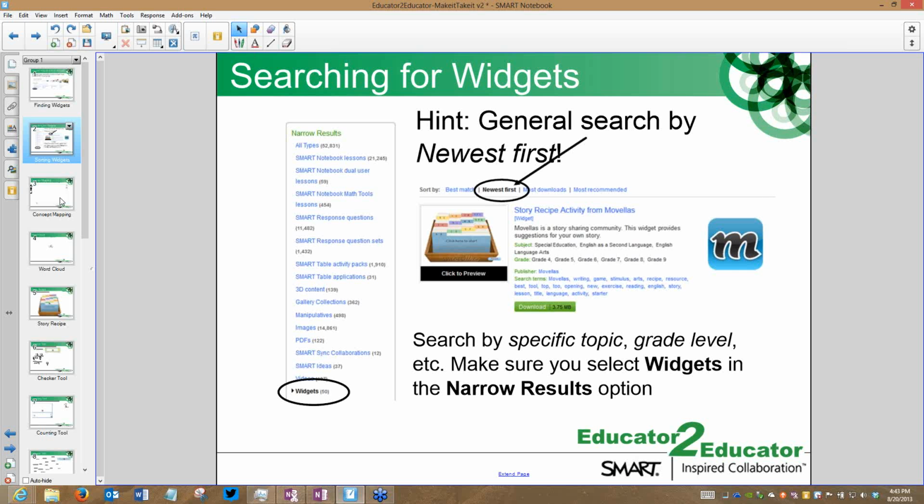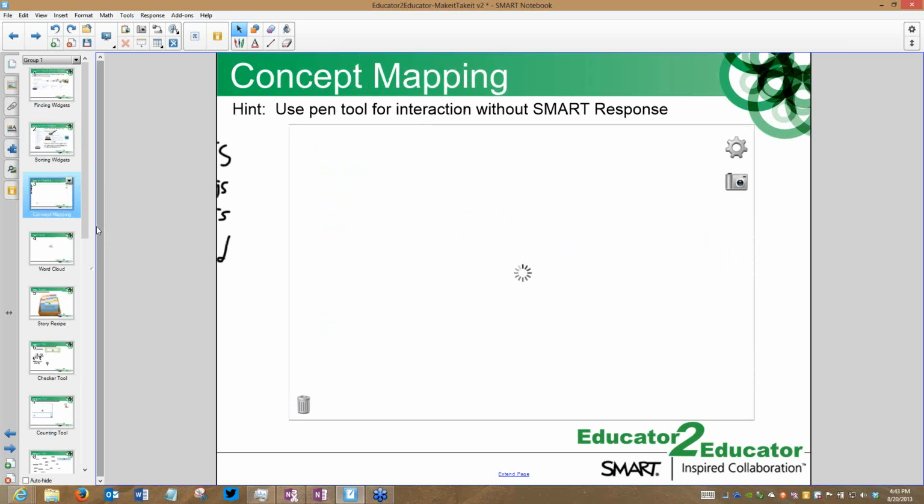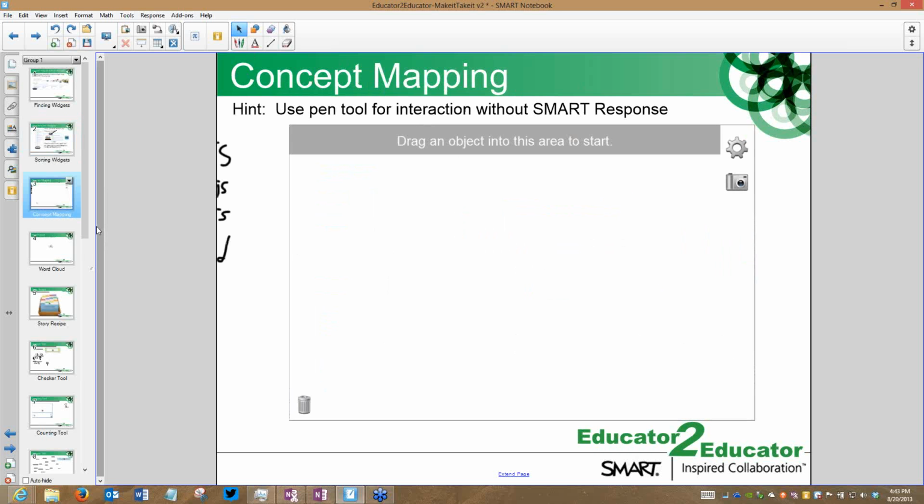All right, so the first thing I'm going to do is take you down. I have the third page presentation, one of the latest widgets, which is a very, very cool widget concept mapping. The concept mapping or bubble mapping kind of widget is what this one works on, but it's really neat because it also utilizes Smart.